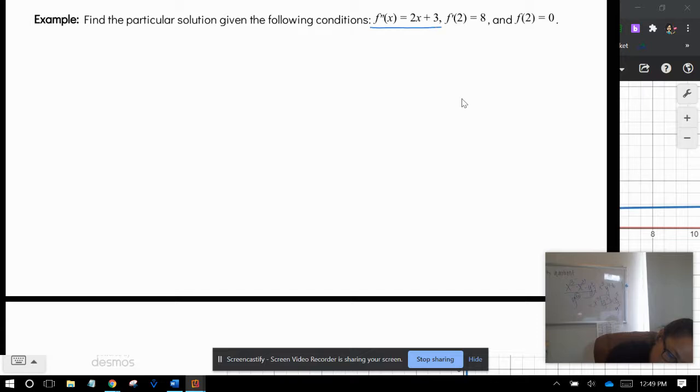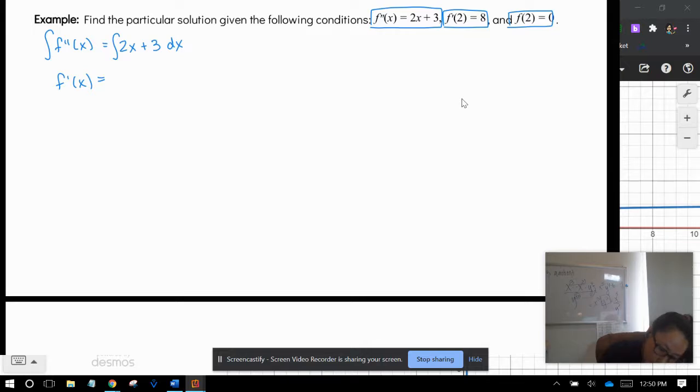So the second derivative is 2x plus 3, and I'm given an initial value for the first derivative and an initial value for the original function. So if I have f double prime of x equal to 2x plus 3, what I want to do is take the integral, giving me f prime of x equal to